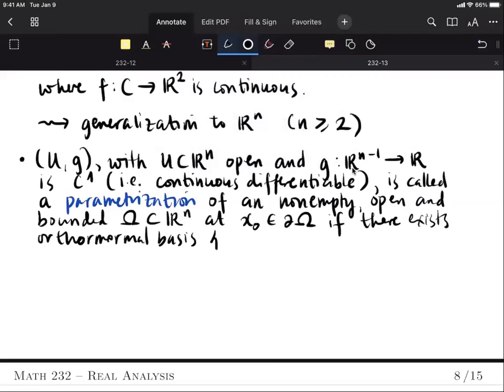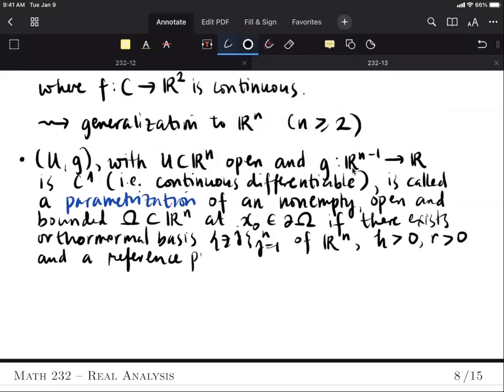Let's call that basis z_j, j from 1 to n, of the Euclidean space Rn, a parameter h for the height, a parameter r for, let's say, the radius, and what we call a reference point y naught. But this y naught, let's say, has components y naught 1 up to y naught n minus 1. So this is in Rn minus 1,